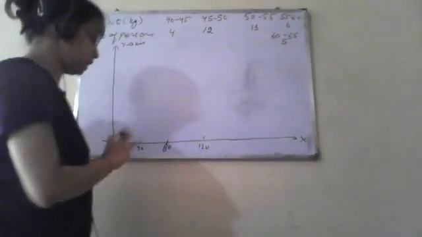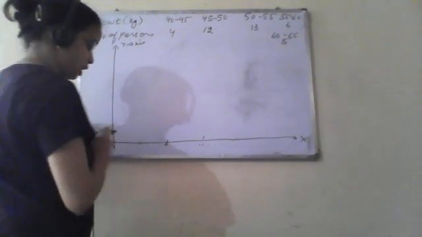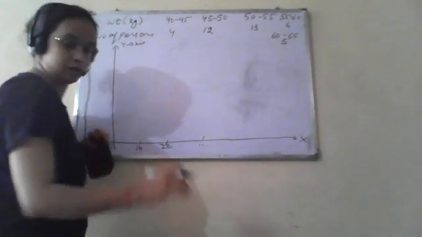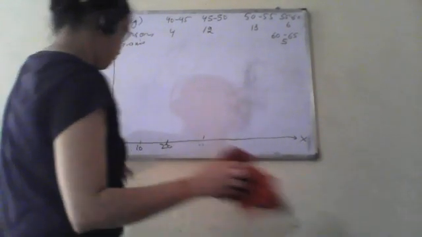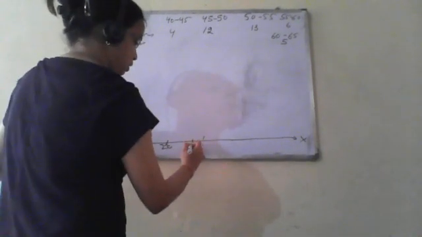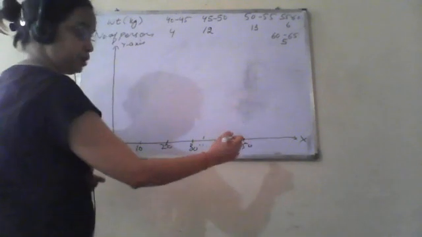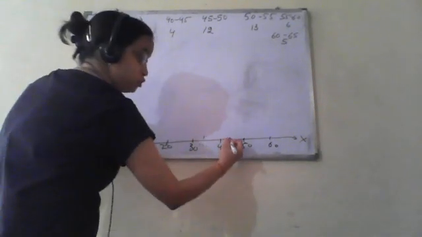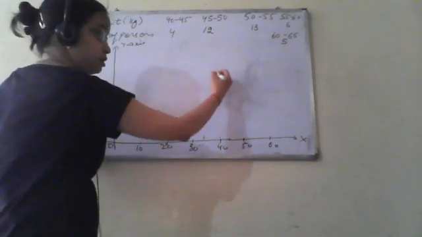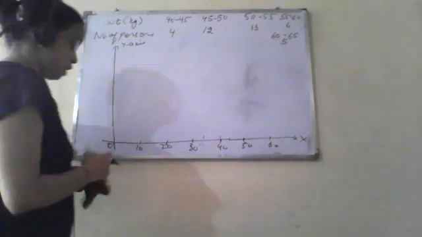Neither can we start from 0 and go 10, 20, 30, 40 or 50. If we take this scale, what will happen? The first range is 40 to 45, so our histogram will start from here. It will look weird. So now what we are doing,